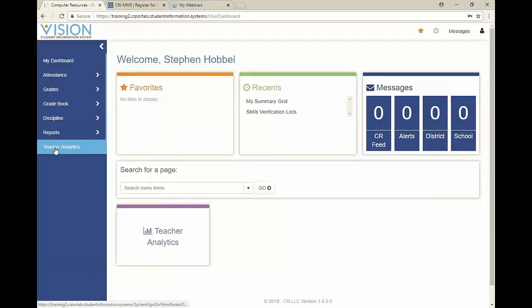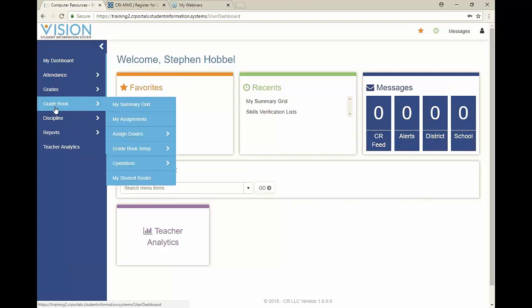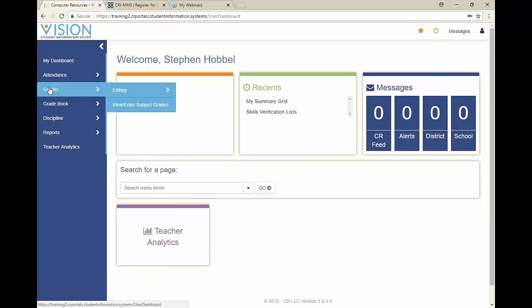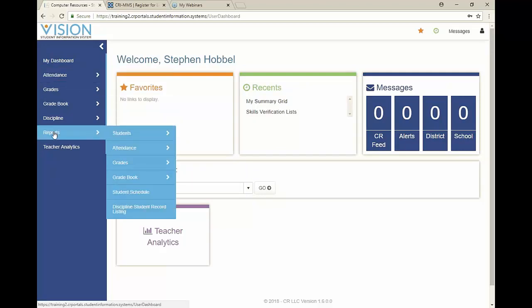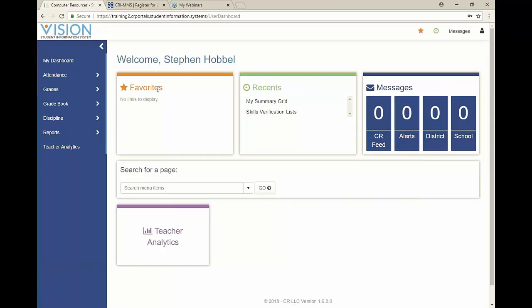The menus here are actually very, very similar to what they had when they logged into the teacher portal. There is the grade book, and they have their summary grid, their assignments, and assignment grades, and so forth. Attendance, enter attendance by list, attendance by chart, setting up a seating chart. We've consolidated all the reports available under the Reports tab, so that is a slight change. But again, they can add their own favorites and their own recents, and they will have the